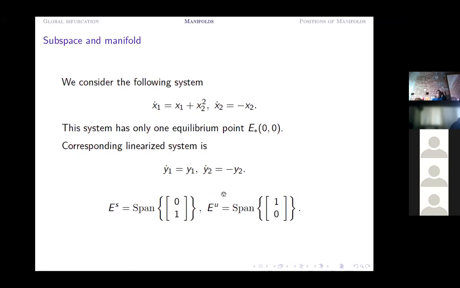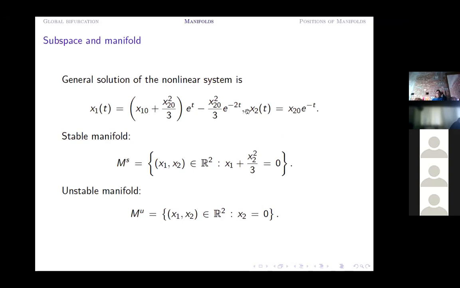is the unstable subspace. Now, because our equations are very simple, you can directly solve the x2 equation and then substitute the solution of x2 into the first equation. Then it becomes an equation involving x1 and t, and hence you can explicitly solve this equation for x1 also. If you do that, you can find this kind of solution, that is x1(t) equal to this much and x2(t) equal to this much. Here I have mentioned that the stable manifold is given by this one, the unstable manifold by this one.